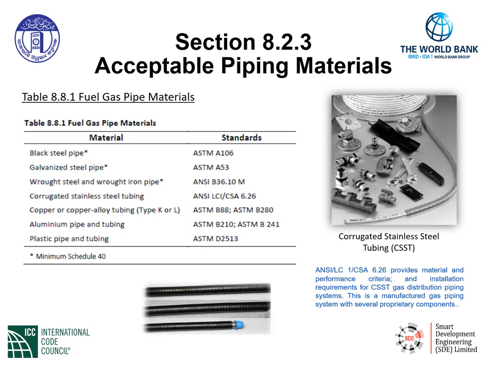However, the installation requirements are proprietary to the manufacturer that manufactures this particular material. It's a manufactured gas piping system with several proprietary components like valves, fittings. We have what's called a two-piece ferrule type fitting. It's actually a compression fitting that, when made properly in accordance with the manufacturer's installation instructions, will make a good gas-tight seal.